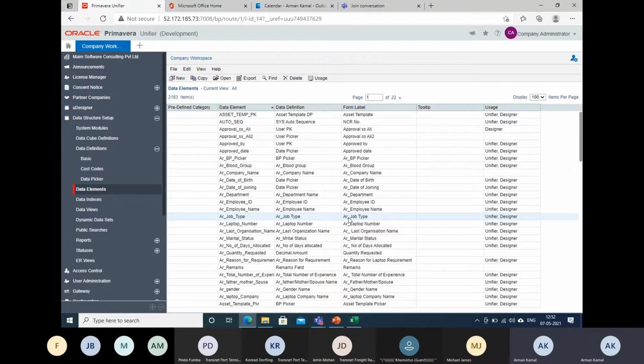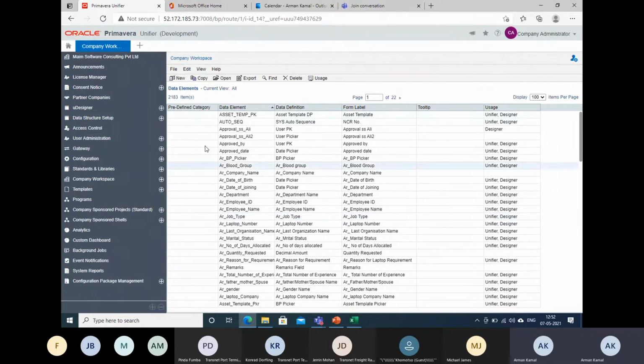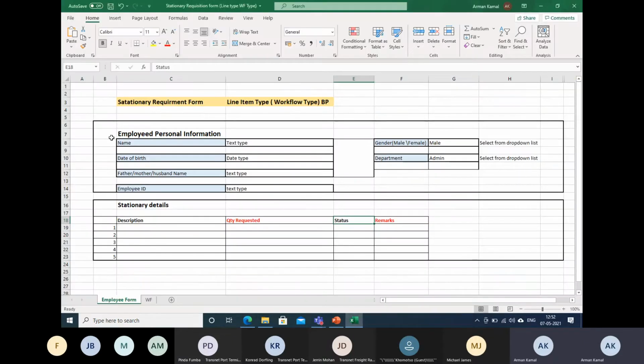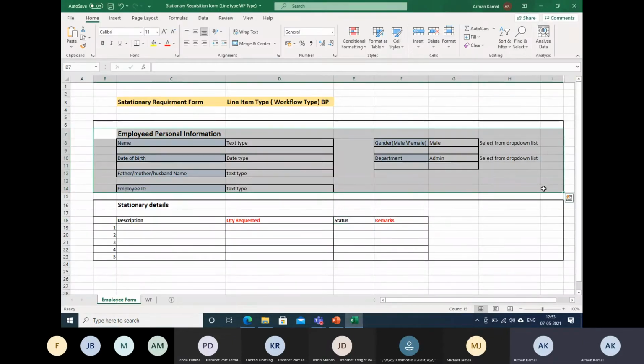Through this BP, I'm going to explain that if you slowly practice, after some time you will get the confidence that you can use a lot of shortcuts and configure any BP within 15 or 20 minutes. So let me do that. Now my data structure is set up. I'm not creating the rest of the fields because I'm going to use some shortcuts.